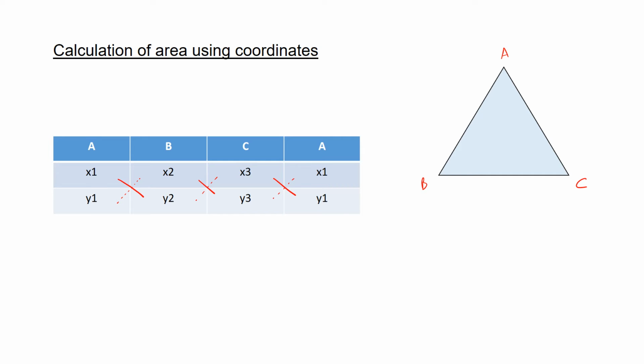Now we'll apply the formula. The formula is area, delta, equals half multiplied by x1 multiplied by y2, and the solid line denotes that we have to apply a positive sign. The solid line is for positive sign and the dotted line is for negative sign. So it will come positive x1 y2, then minus y1 x2, then positive x2 y3, then minus y2 x3 and so on.